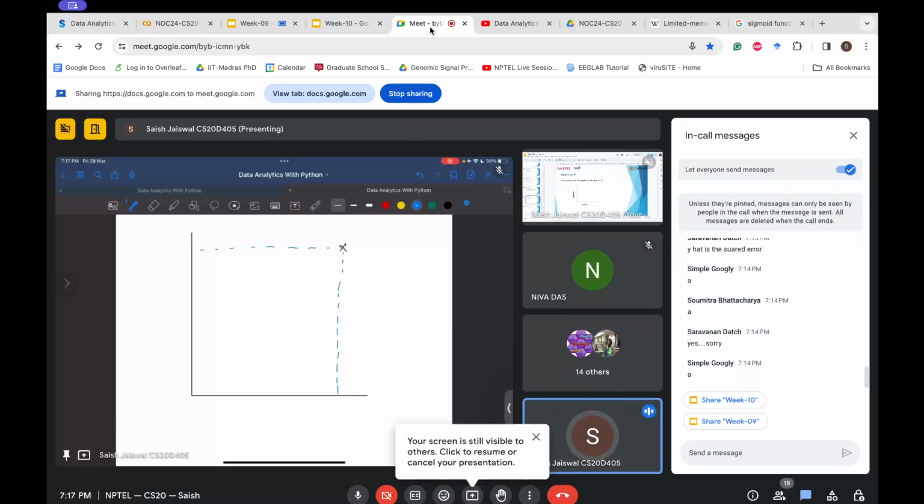Okay, so this is your ROC curve, TPR or sensitivity, FPR or 1 minus specificity. So this point over here is 1 comma 1, which means 1 minus specificity equal to 1 implies specificity is 0 and sensitivity is 1. So what it means,